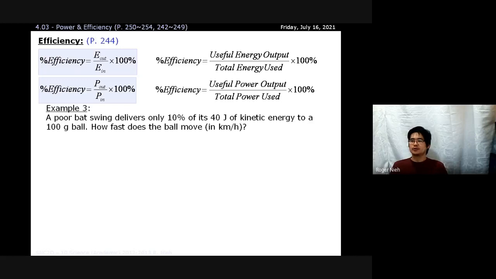Okay. So let's start off with our givens. What do we know in this problem so far? All right. We know that the percentage efficiency is just 10%. The energy that's being put in so far is 40 joules, and I think intuitively you already know, if it's only 10% efficient, then out of 40 joules, only 4 joules goes into the ball. And I hope that logically makes sense, okay? If you put in 40 joules and it's only 10% efficient, you know that only 4 joules goes to the ball